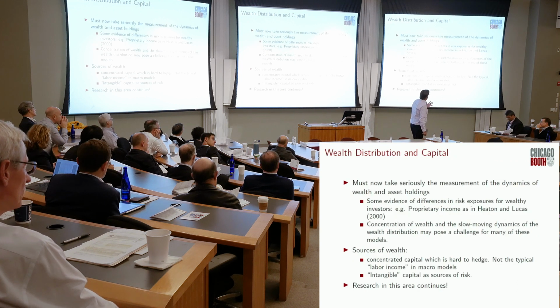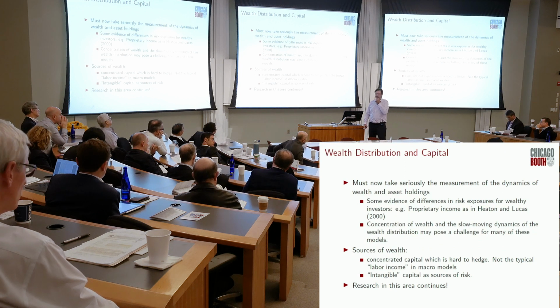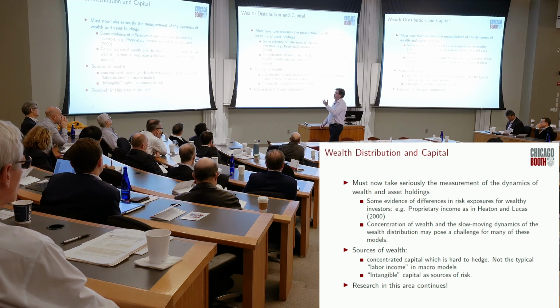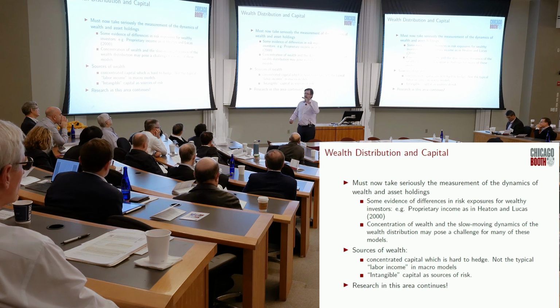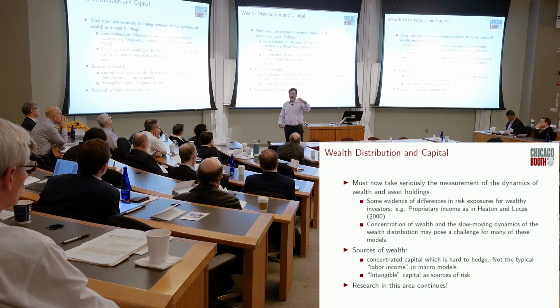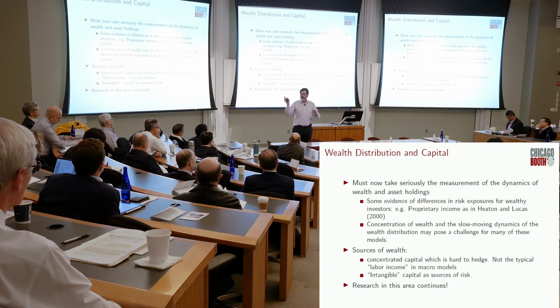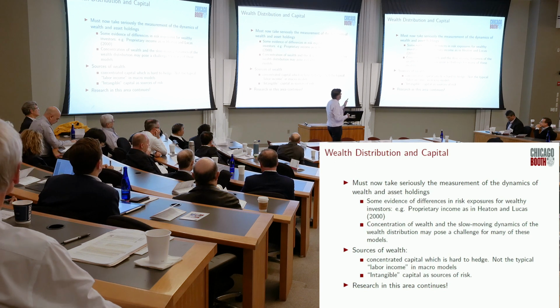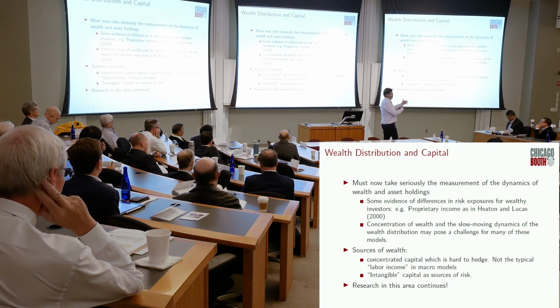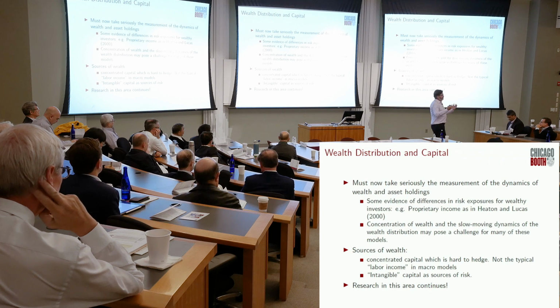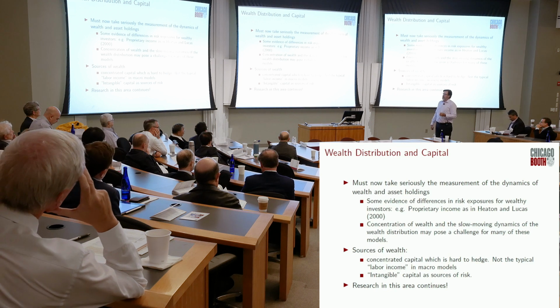Now, one problem, well, first, the good thing is in an earlier paper by myself and Debbie Lucas, we do show that, if you look at the wealthy part of the distribution, non-traded income, not labor income, but, and Eric Zwick will probably correct me, he says this could still be labor income, John, just connected to capital, that source of variation for the wealthy seems to affect their portfolio decisions, not surprisingly. And the factor that comes out of that seems to price some of the variation that we see.